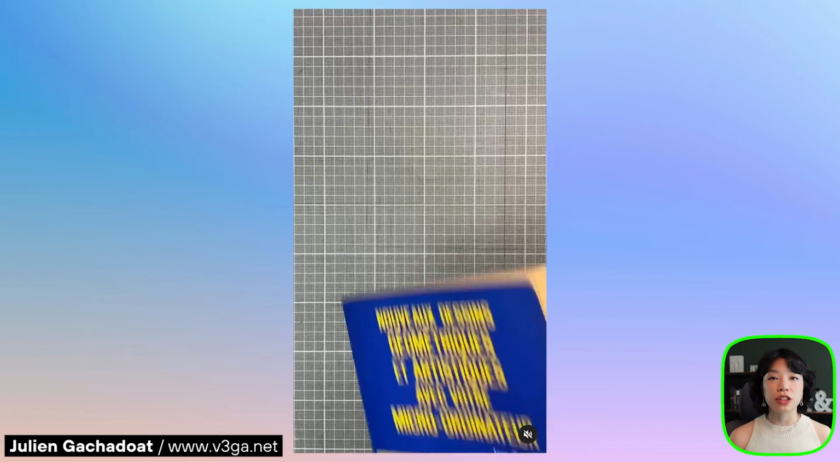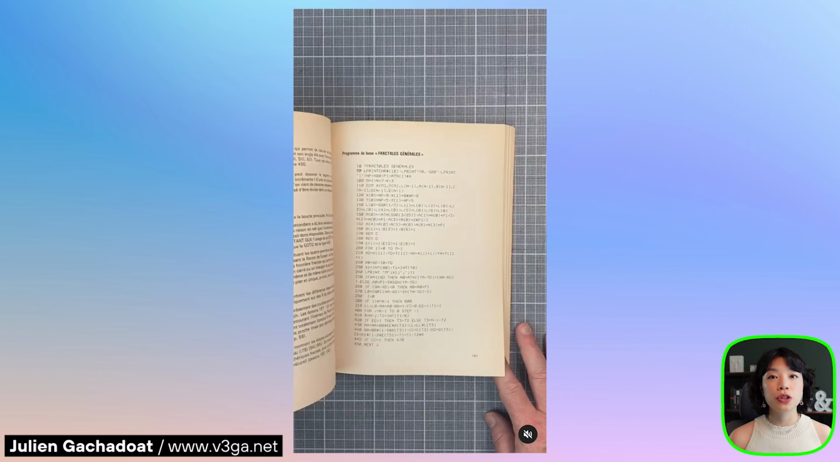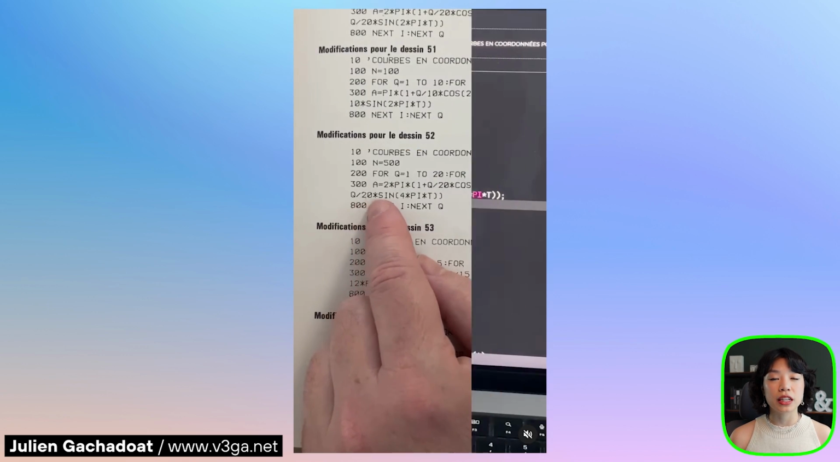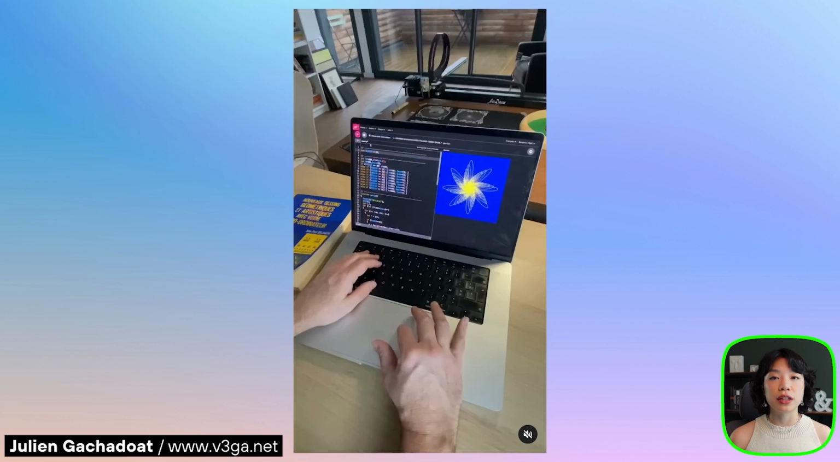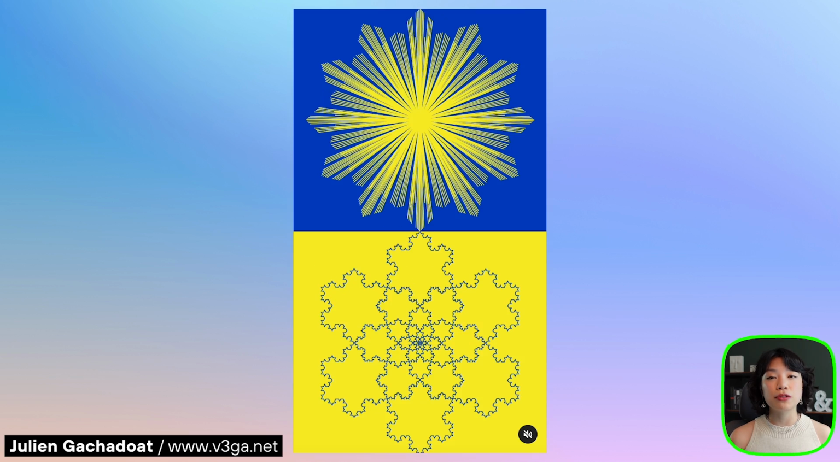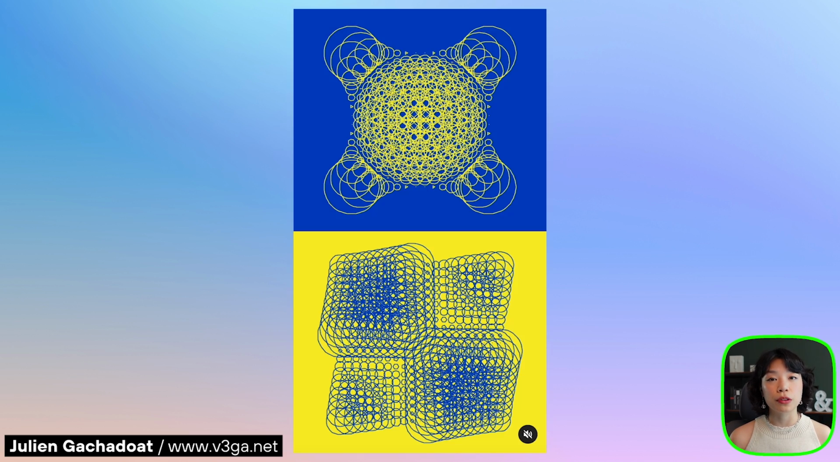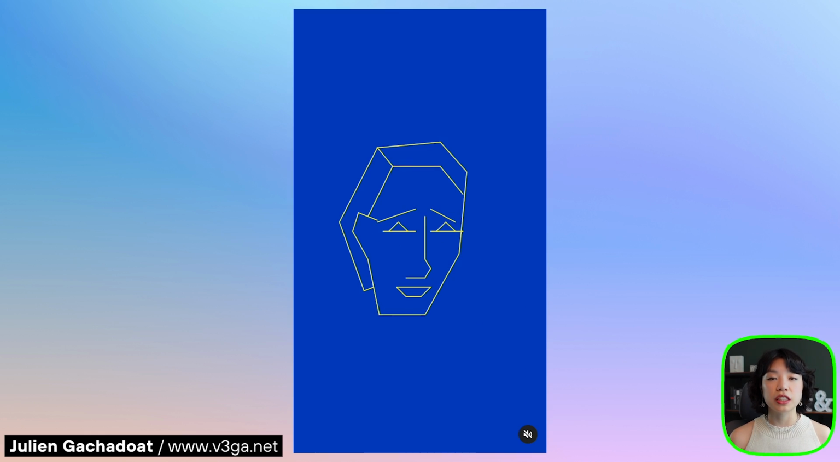printer. And I discovered this book through an amazing project by generative artist Julien Gachdot, who translated all of the drawings from both editions of the books into p5.js sketches. He also got permission from Delahaye himself to share the scans of both of the books. I have included all of the project details as well as the links in the description box, so be sure